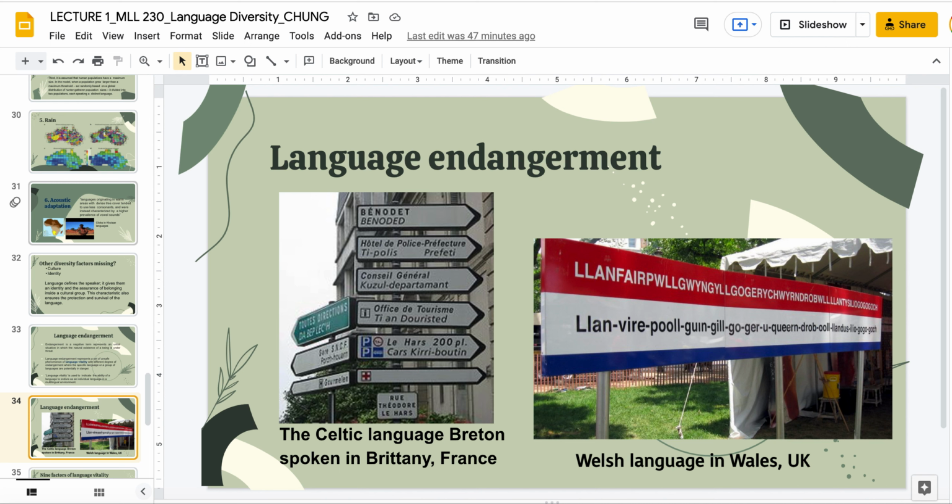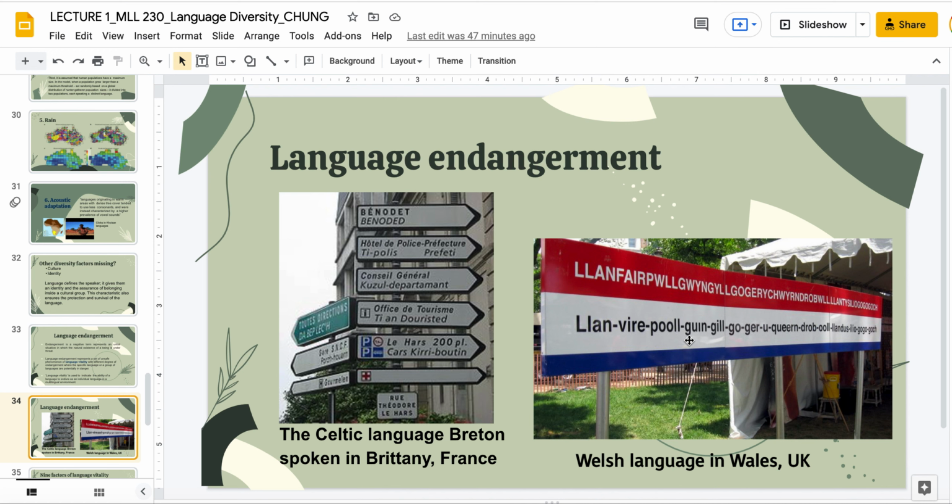Here we have a Welsh language sign. It's an actual name of a town, right? And I think they wrote it like how you would pronounce it. But this is located in Wales, right? I once met someone from Wales, and I said, oh, do you speak Welsh? And he was like, oh, barely, right? He barely speaks Welsh. But he noticed that if he enrolled in a university in Wales, all of the documents were first in Welsh and then in English, right? So this is kind of the government response to